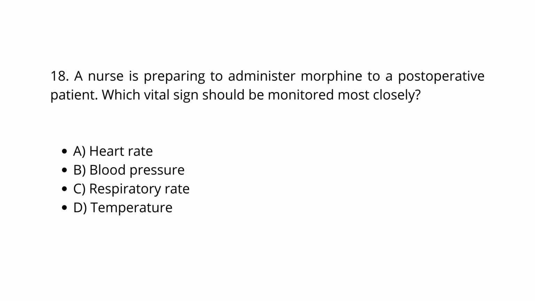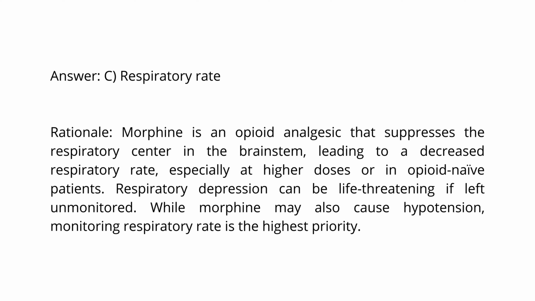18. A nurse is preparing to administer morphine to a postoperative patient. Which vital sign should be monitored most closely? A. Heart rate. B. Blood pressure. C. Respiratory rate. D. Temperature. Answer: C. Respiratory rate. Rationale: morphine is an opioid analgesic that suppresses the respiratory center in the brainstem, leading to